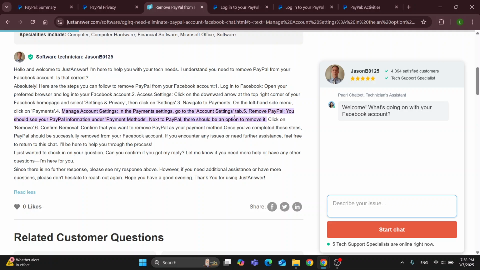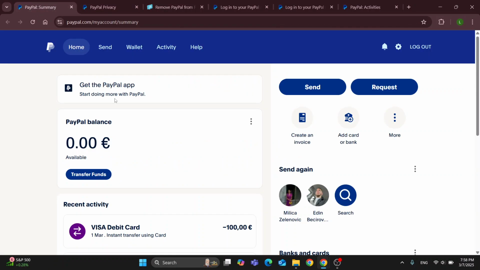So in the payments tab, you're going to be able to find PayPal just the way you connected it. So once you find your PayPal section, you can just click the X button to remove it. So after you have removed your PayPal from your Facebook account, it's no longer going to be connected, and basically that's it. If you want to remove it directly from the PayPal website, what you can do is go ahead